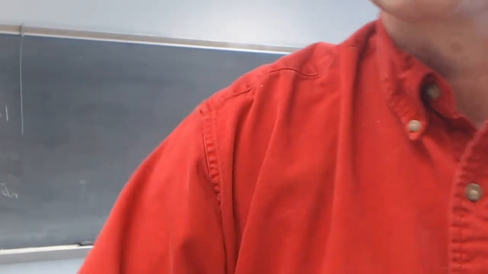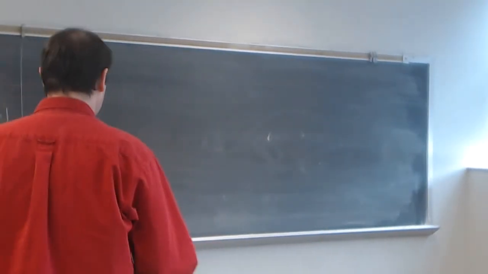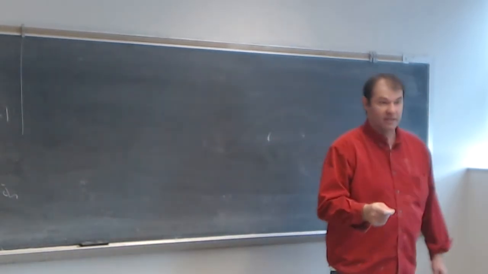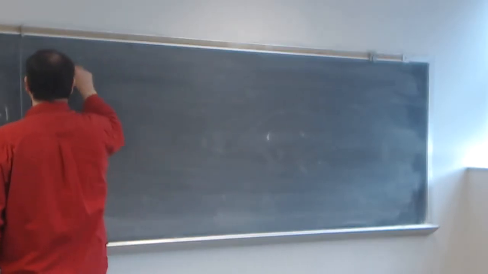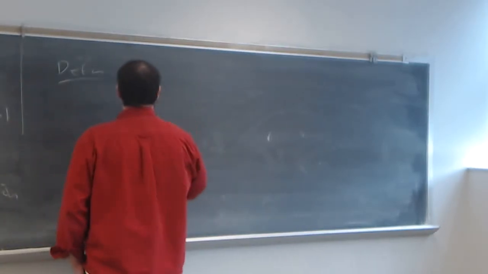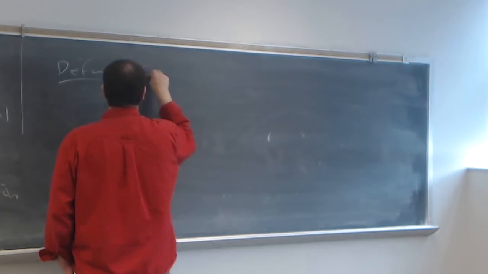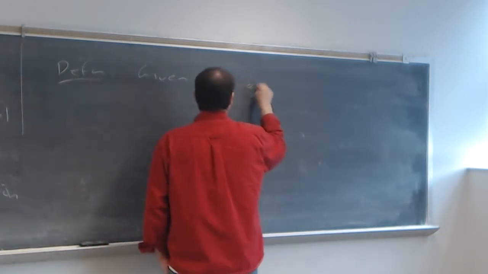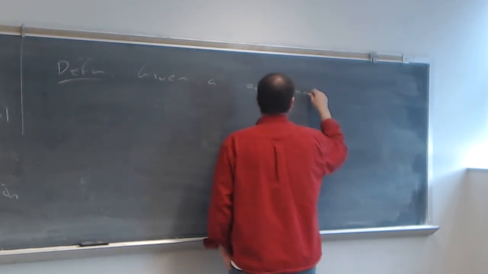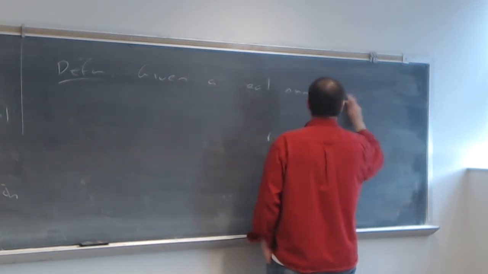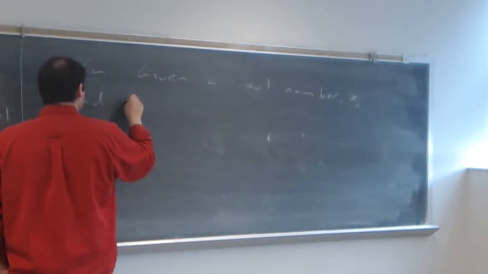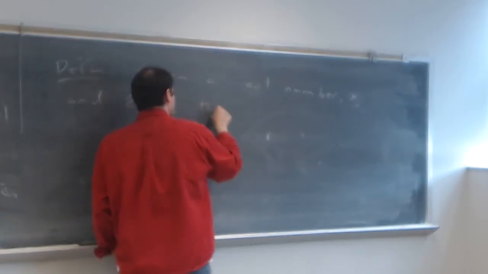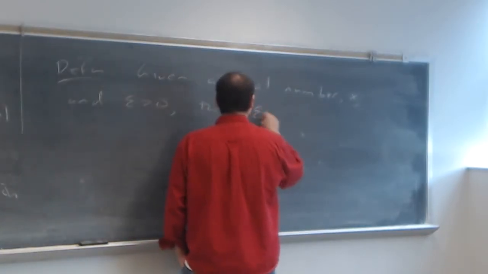Okay, I had said I was going to talk about something called epsilon neighborhoods, and they will be used throughout the class, of course, on occasion. So we need to know what we mean by epsilon neighborhood. So here's the definition. Given a real number, let's say x, and epsilon greater than 0, the epsilon neighborhood